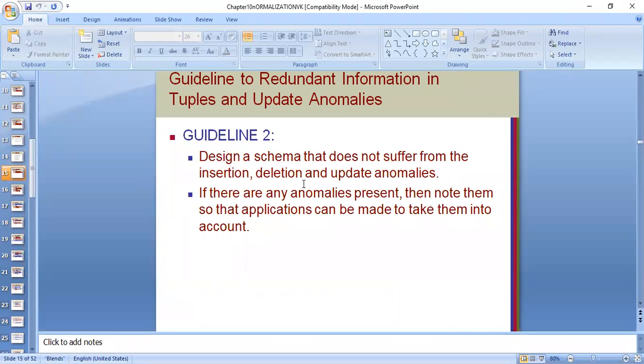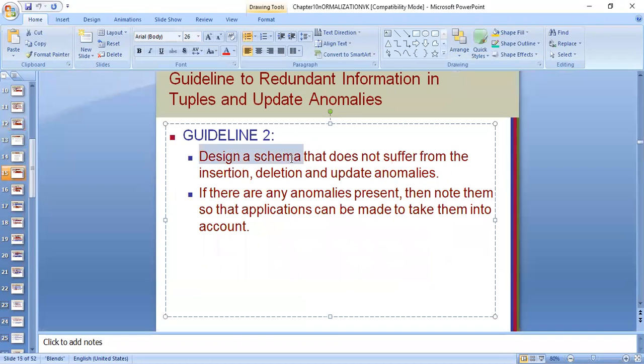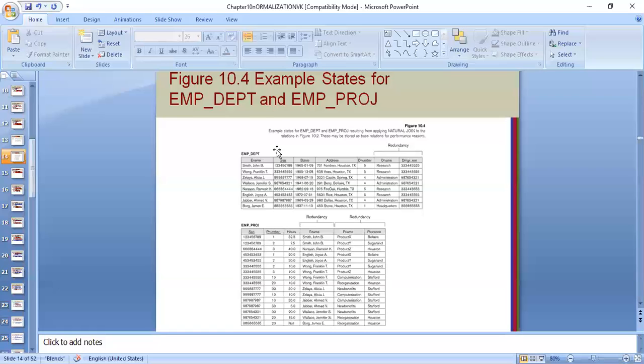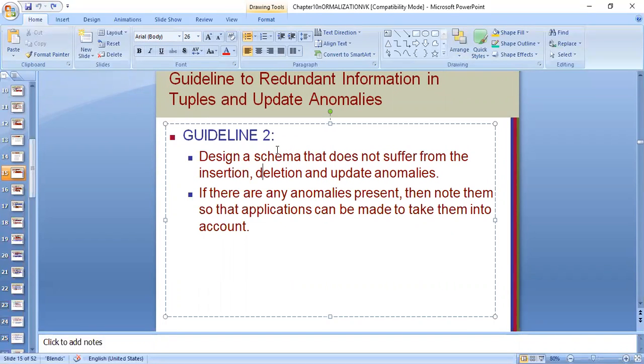So guideline 2 says, design a schema, that means design a structure of the table, or decide your fields, such that it does not suffer from insertion, deletion, or update anomalies. Now these problems should not be faced.